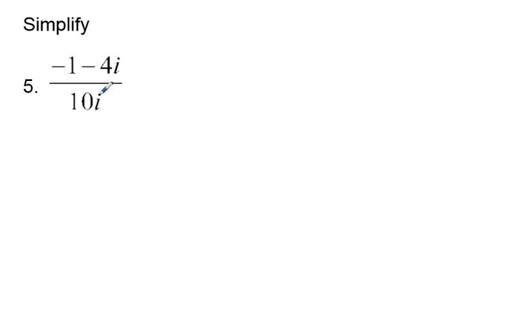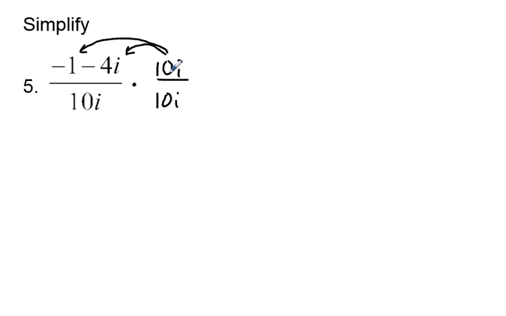Remember that we don't want an i to be in the denominator, so what we would like to do is rationalize, and in order to rationalize, I'm going to multiply by a form of 1, so 10i over 10i. Whatever's in the denominator, you take that and divide it by itself and multiply this whole term by that. So on top, we're going to wind up distributing the 10i